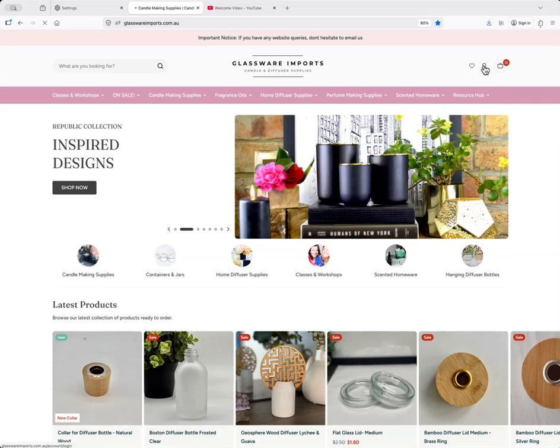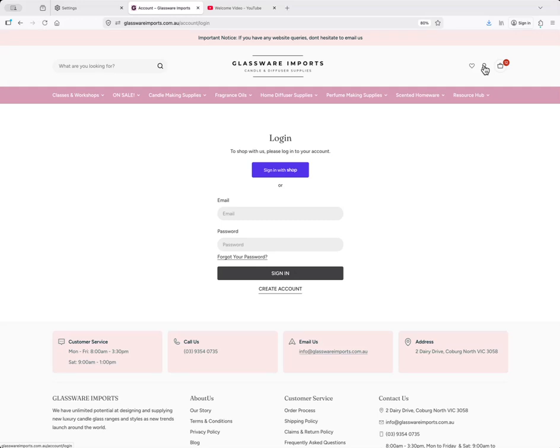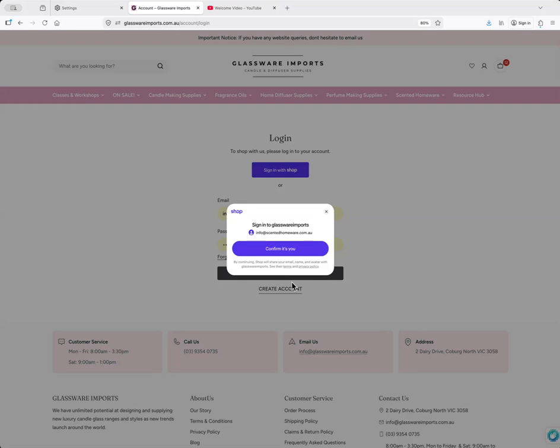So when you log in, it's really important, if you want the addresses that you've got saved in your Glassware Imports account carried over, then I would suggest you do not log in with Shop. If you log in with Shop, Shop usually has a different set of addresses in your Shop account, and the Shop address list doesn't correlate with the addresses you have in your Glassware Imports account. So I do highly recommend you do not